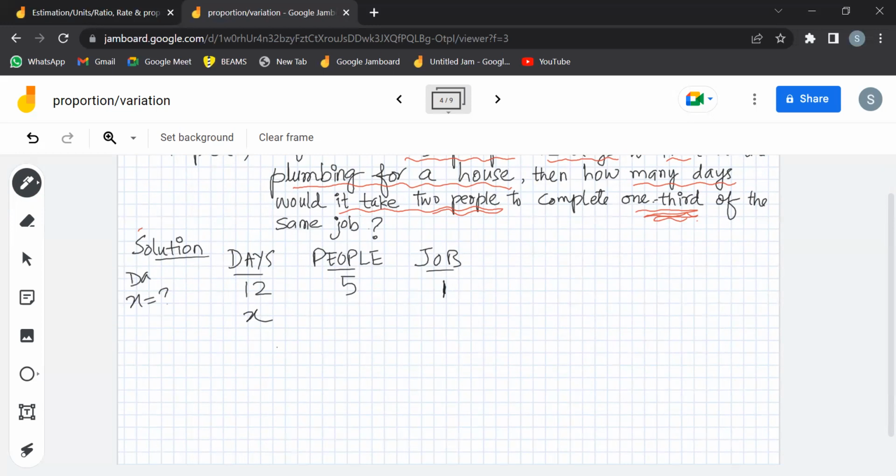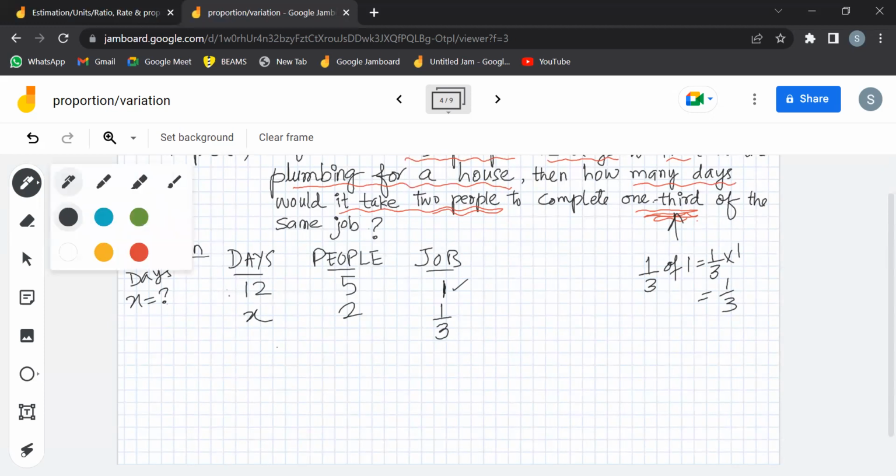How many days would it take 2 people to complete 1/3 of the job? As it is one, 1/3 of one means 1/3 multiplied by one. We can simply write 1/3. Now again, arrow